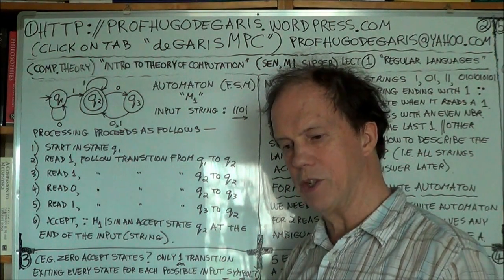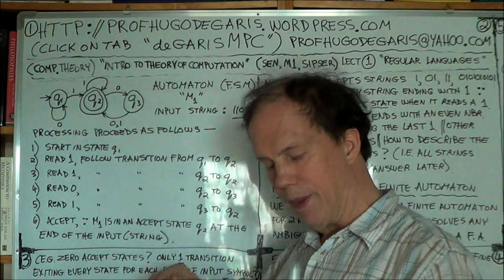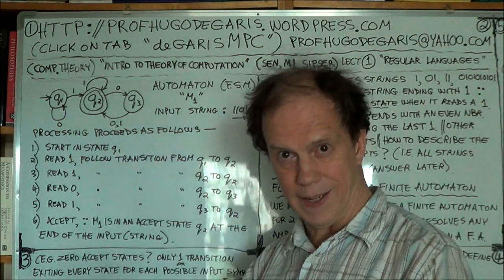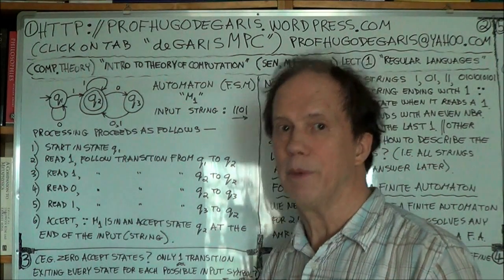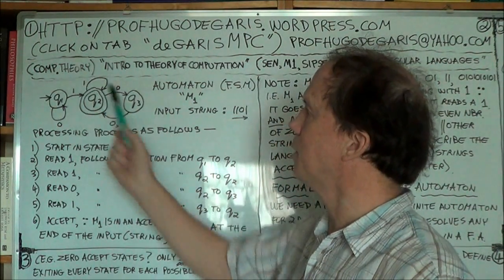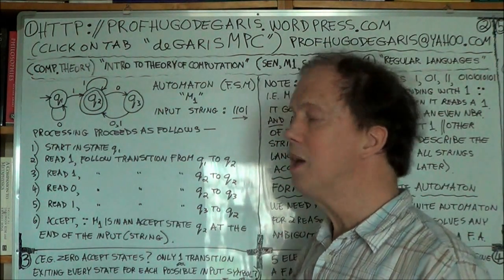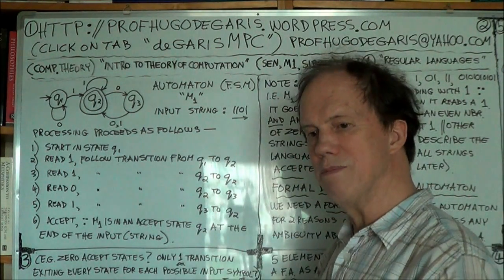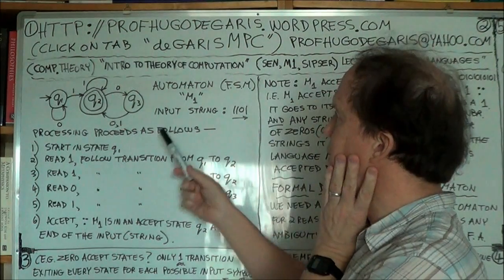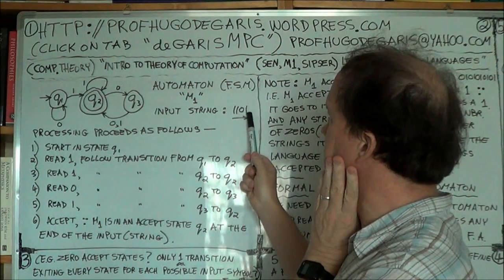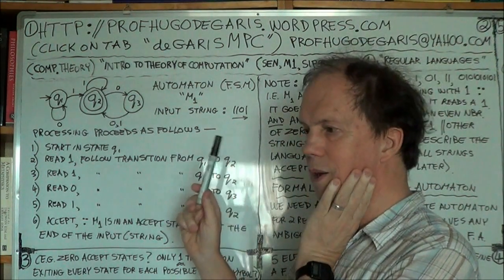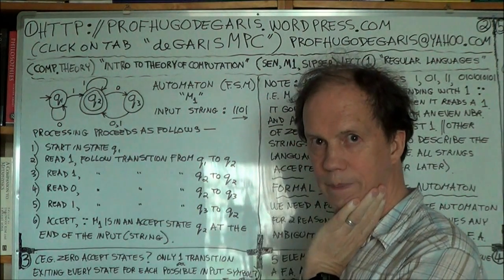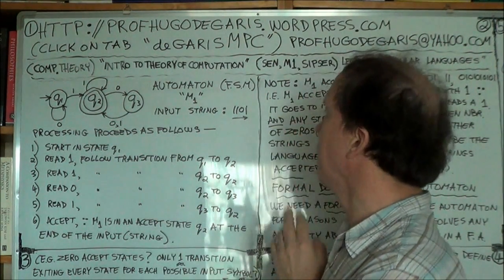To recognize the language means, saying it again, that every input string in that language, in that set, is accepted by the automaton. And to accept a string means, reinforcement, that the final state, after you've read the last symbol in your string, is one of the accept states. Okay? Right. Well, let's